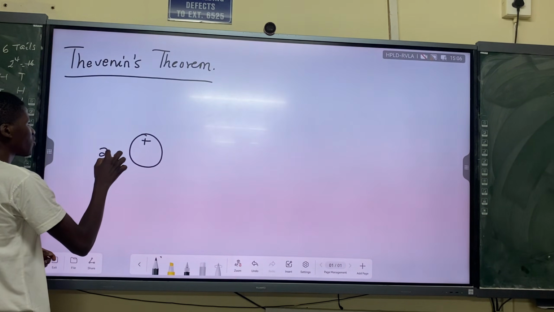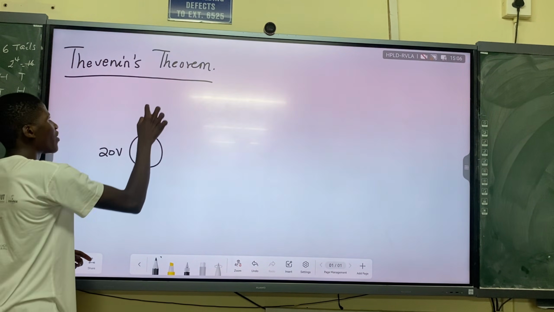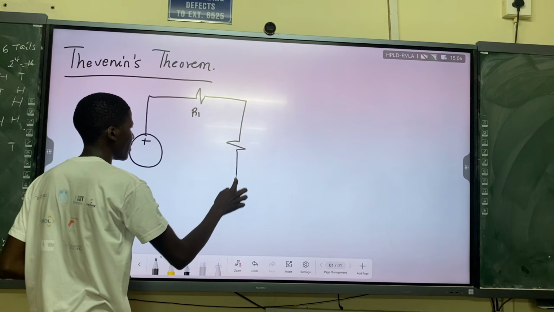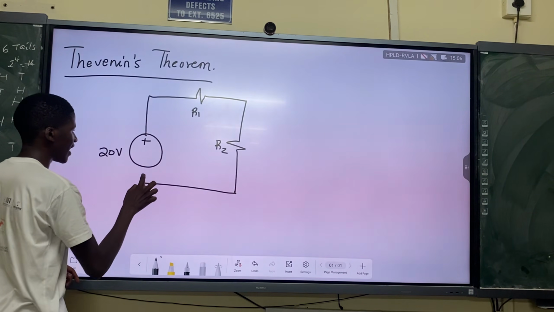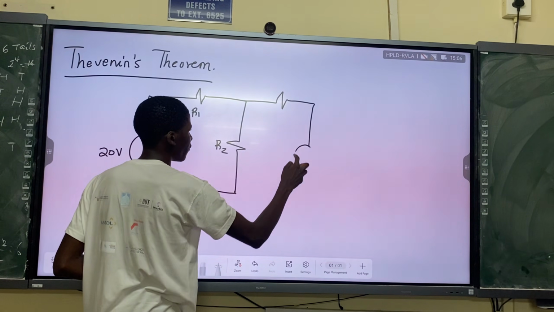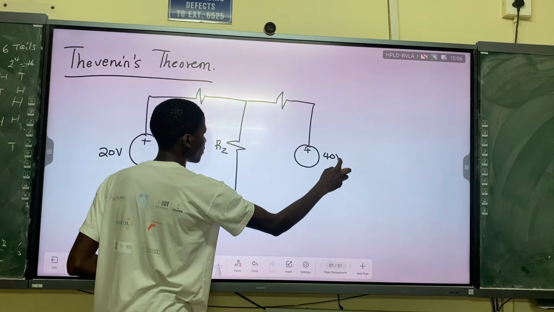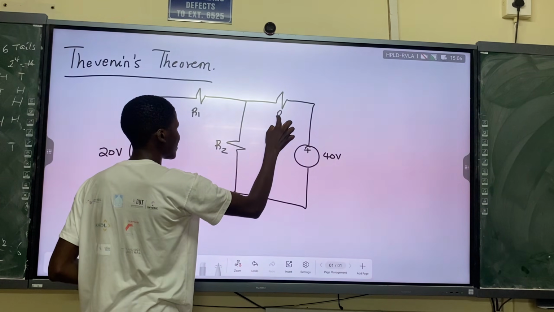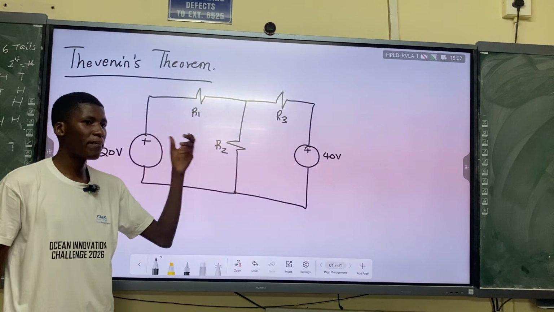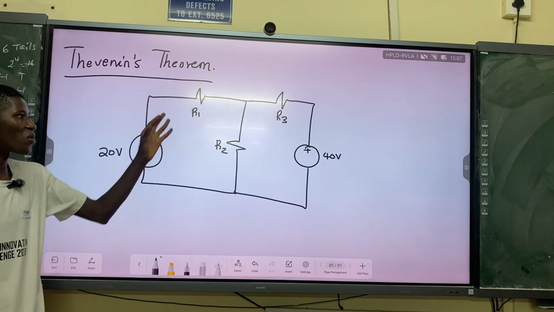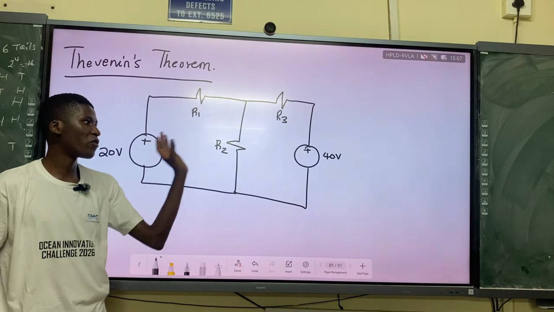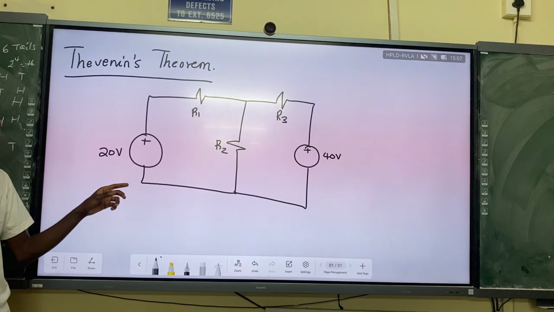We have got one voltage source maybe which is 20 volts, and then we have got a resistor here, maybe say is R1. We have another resistor here, maybe say is R2, and then this is one voltage source. On the other hand, we have got a resistor there, and we have got another voltage source, a 40 volts, and resistor R3. So in general, it is a very complex network because we're having more than one power source. We are not allowed to just solve using those methods from high school, where we see these are parallel, whatever. But because here we've got 2 voltage sources, Thevenin says we can combine all of this.